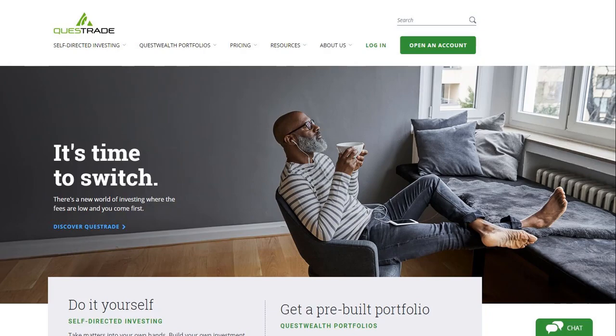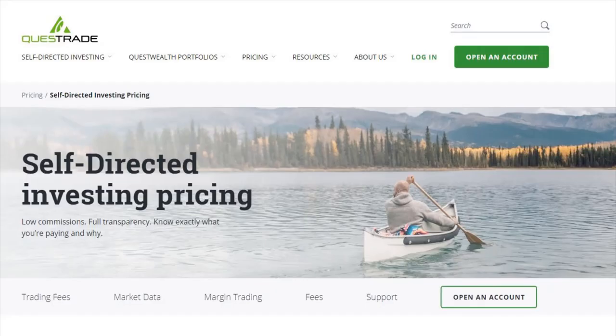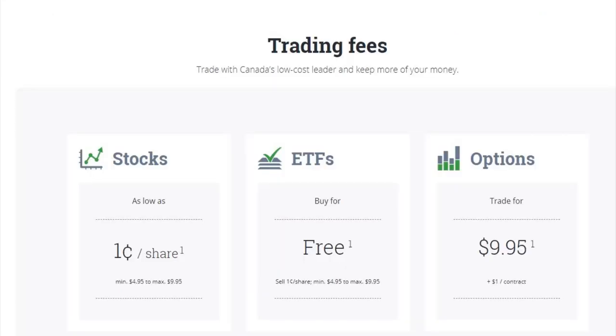Because for example, if you're a dividend investor, so if you plan on collecting the dividends, buying more stocks that pay dividends and never selling a stock, then you're not going to be a frequent buyer. Then in that case, you're not going to care about the commissions. If one broker charges $5 versus another broker that charges $7 or $10, it's not going to be a big deal if you buy stocks once a month, for example. So basically, you can choose any broker like Questrade or Investor's Edge or BMO InvestorLine or RBC Direct Investing or TD Direct Investing, I believe, as well.